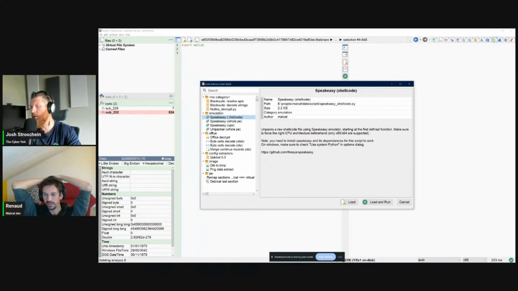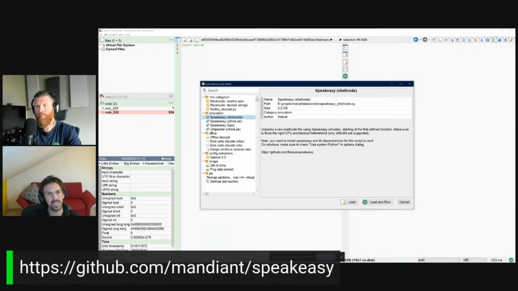Maybe I'm wrong. I guess I should pull up the GitHub. It is, and it can also emulate whole PE files, actually. Whole PE, okay. Yeah, Speakeasy. So it's a layer on top of Unicorn. Unicorn is an emulation library which is built on top of QEMU. So we have QEMU, another layer Unicorn, and what Speakeasy adds, if I'm not mistaken, is it will emulate a